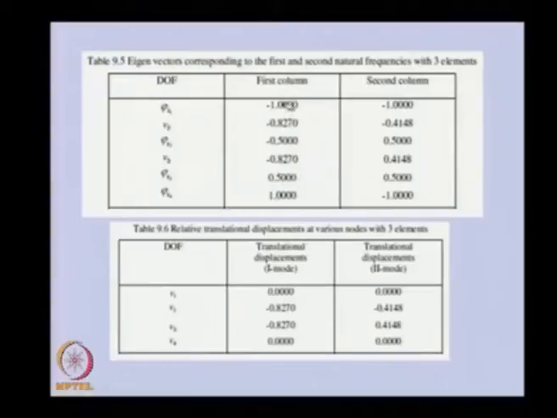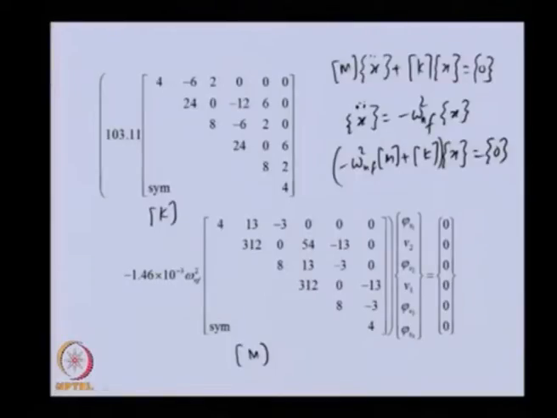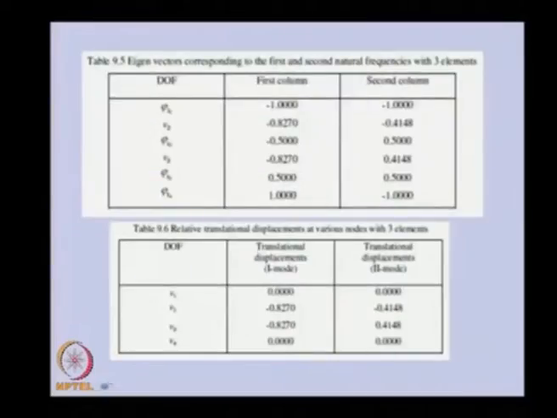is these particular values, and the corresponding variables, if you see, are those which we got after the application of the boundary condition in the equation of motion. So we applied the boundary conditions and got the reduced form of the equation. So this order of field variables corresponds to the eigenvectors which we are getting. The first column of the eigenvector matrix belongs to these particular field variables. Similarly for the second column.